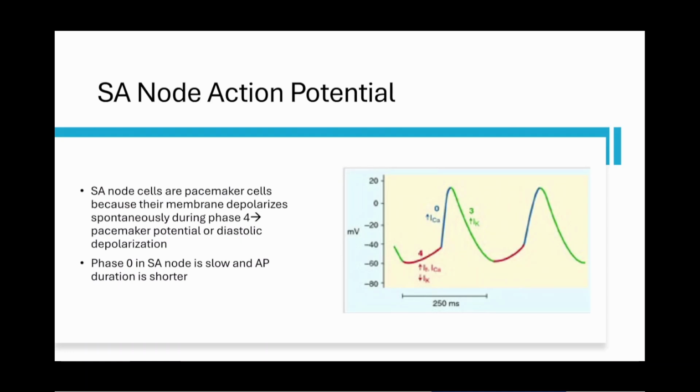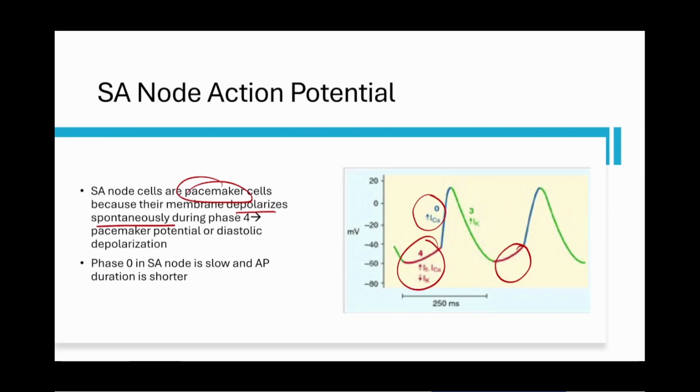So, SA node action potential. These are pacemaker cells. The membrane depolarizes spontaneously during phase 4. So phase 4 right here happens spontaneously. And you can see how that line is creeping up towards threshold. Then, boom, we hit threshold and we go up, as we go from phase 0,